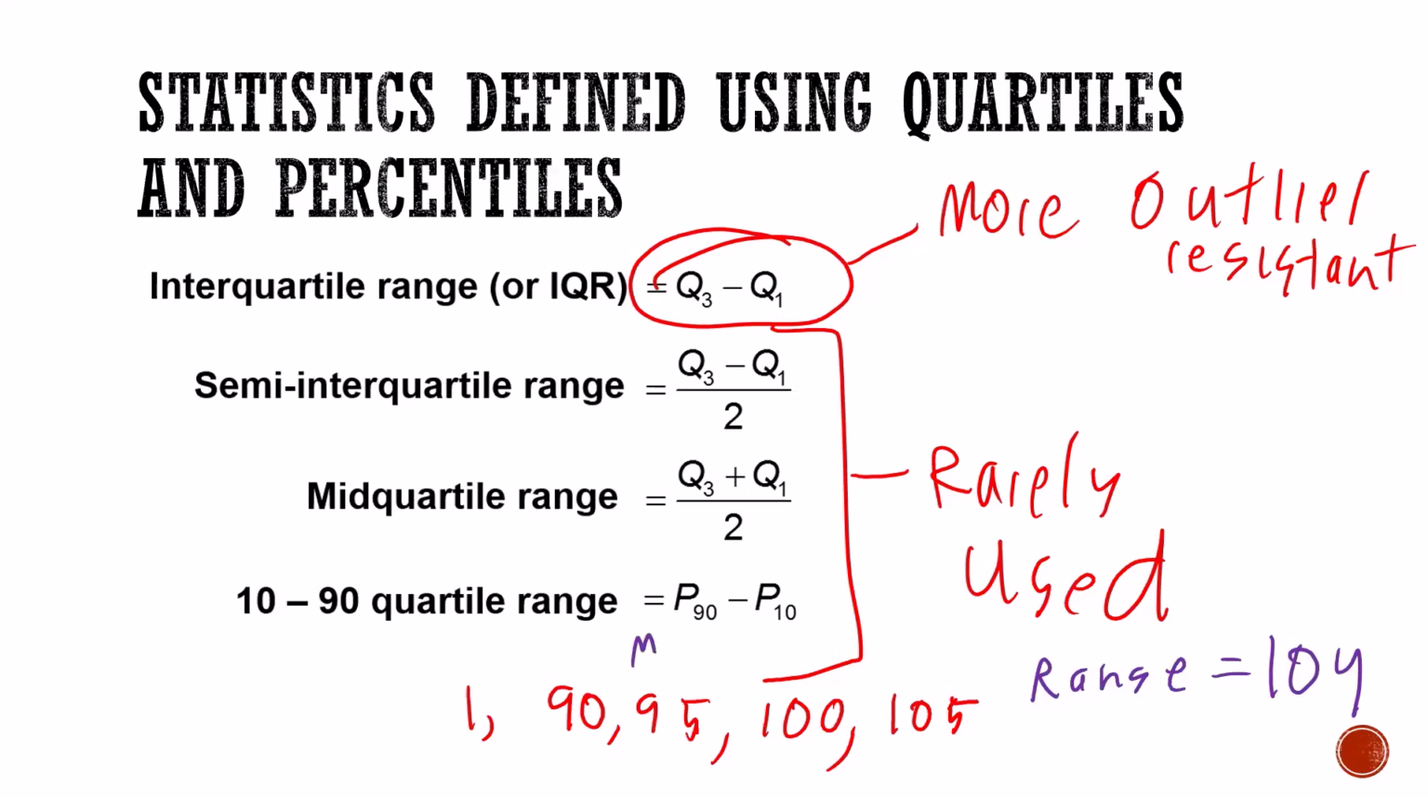95 is our median, right? This is Q1. This is Q3. Our IQR is only 10. The IQR is oftentimes better measurement than the entire range because it tells you where, right, between